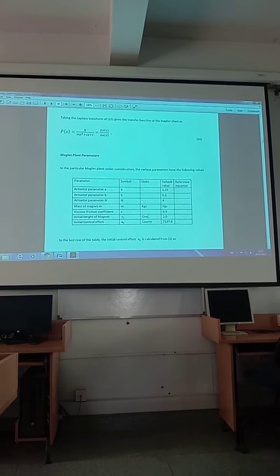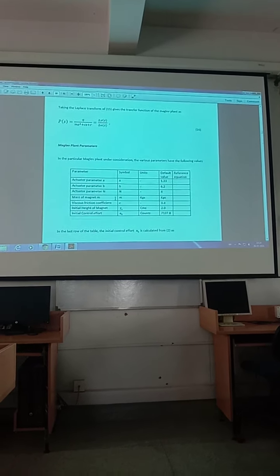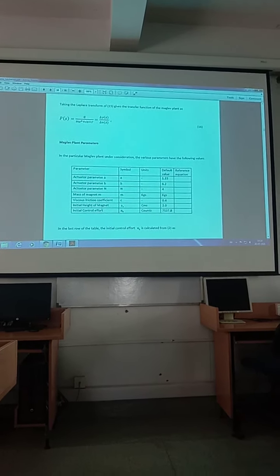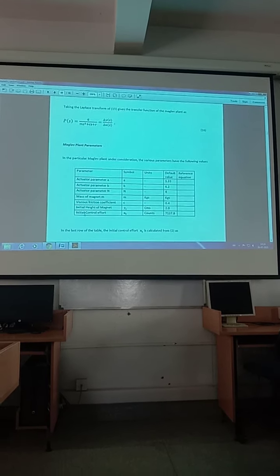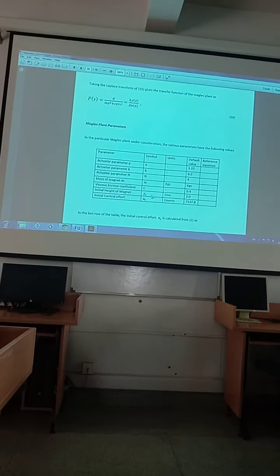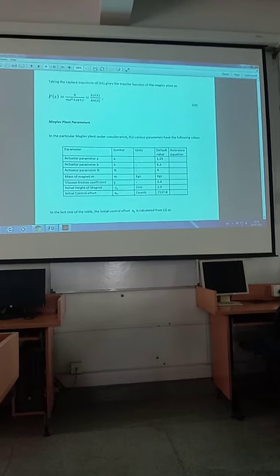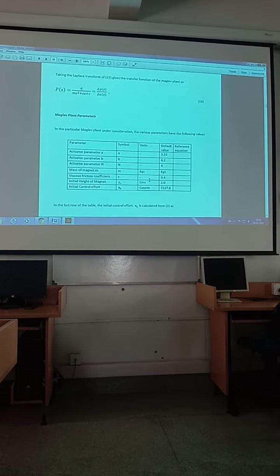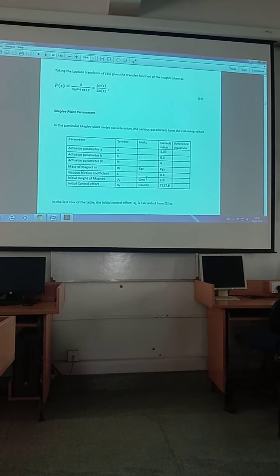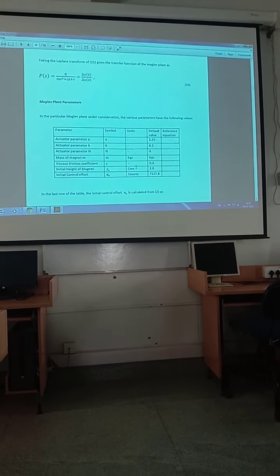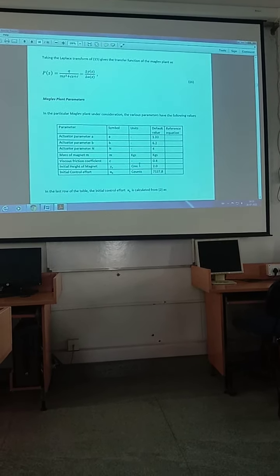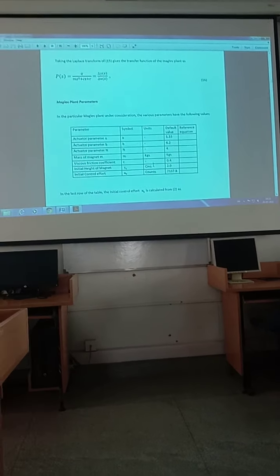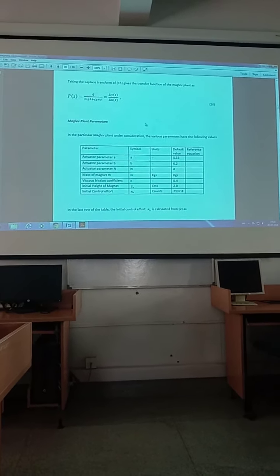Magnetic mass will be varying; we will vary this. Initial height is also a constant; later on we will vary the height. I told you about the coefficient of friction, it's a viscous friction. We will vary those parameters in the particular applications of the experiment. That is all about this control engineering lab.